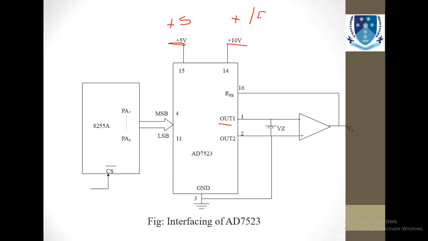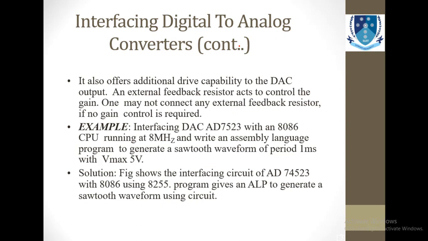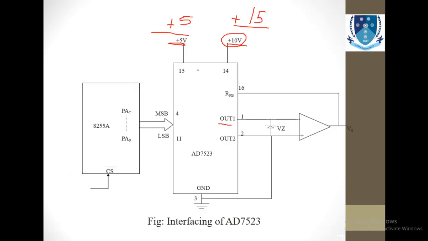It does not mean that you always have to apply 15 volts. It is giving you a range. You can apply +5 volts up to 15 volts. But in this example, it asks us to provide a range of, you can say, 5 to 10. So that is why we have not written 15 over it, but it can go up to 15. It can go up to 15.